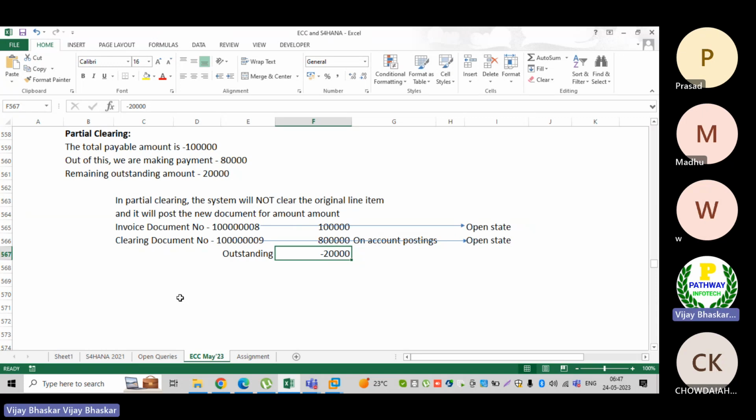If I have thousands of documents, there is a criteria to identify the clearing document, that is, with which document the clearing document has been posted. We can go and see it, but again, that will be the task for the business. The business users have to find out which document has been posted for this invoice. That is the reason.